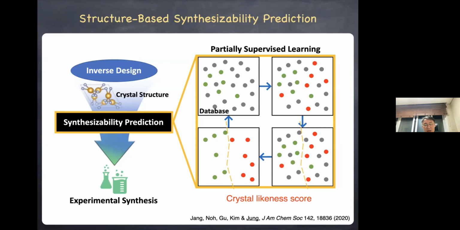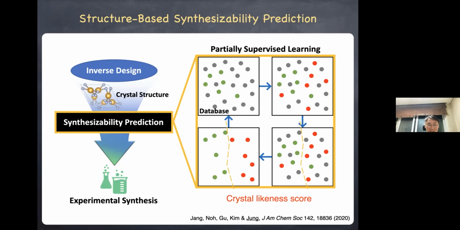So it would be good to have a model that can predict synthesizability. However, such a classification model differs from conventional classification, where you have positive data and negative data. By training the model, if you have an unknown data point as input, the model will be able to tell you whether it will be positive or negative.